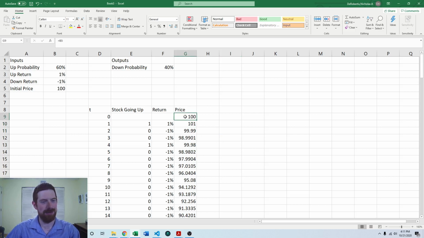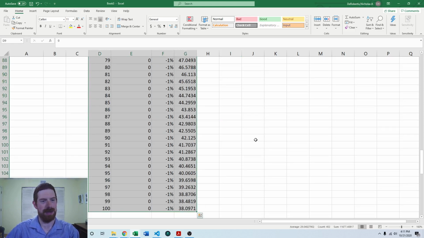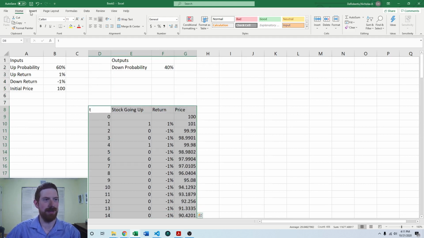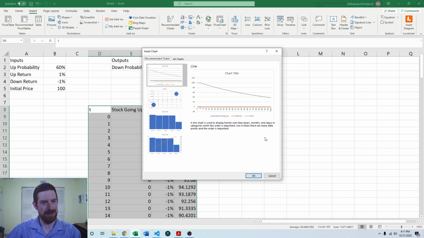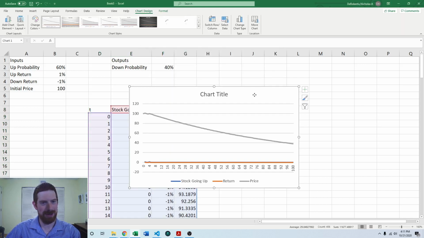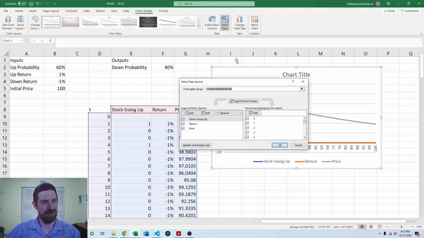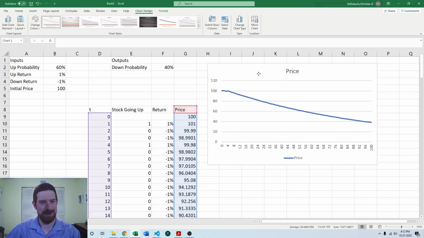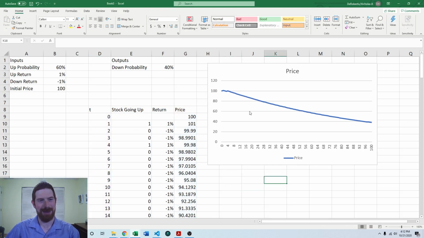So then the last thing that we want to do is graph this. So I'm going to highlight everything and I'll get the headers as well. And I want to insert recommended charts. So yeah, I'll do a line chart, but I'm going to have to then change the data selection. Let me just do it by dragging. We only want the price out of that. So there we go. Now we have t here on the x-axis and price on the y-axis. So then as we recalculate the model, then we will see everything update, which